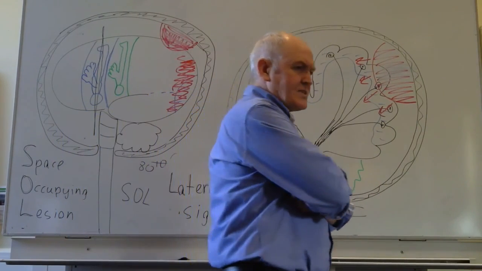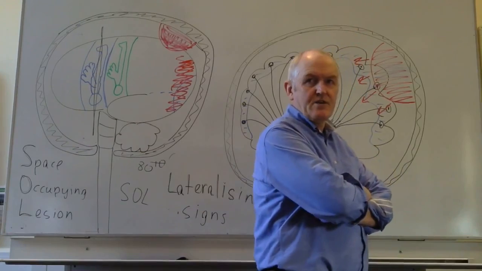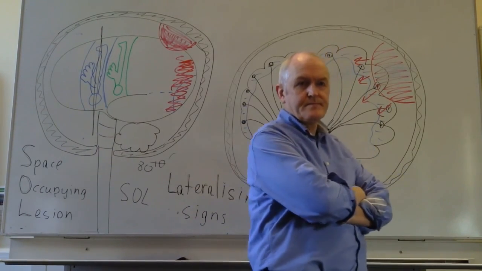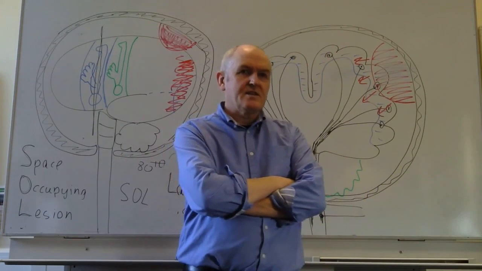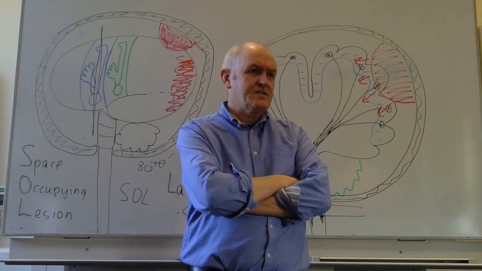So a reduction in Glasgow Coma Scale can indicate a generally raised intracranial pressure, and lateralizing signs can indicate a raised intracranial pressure